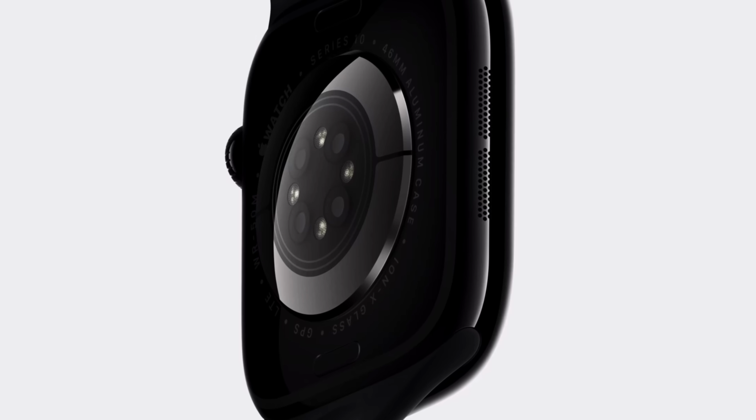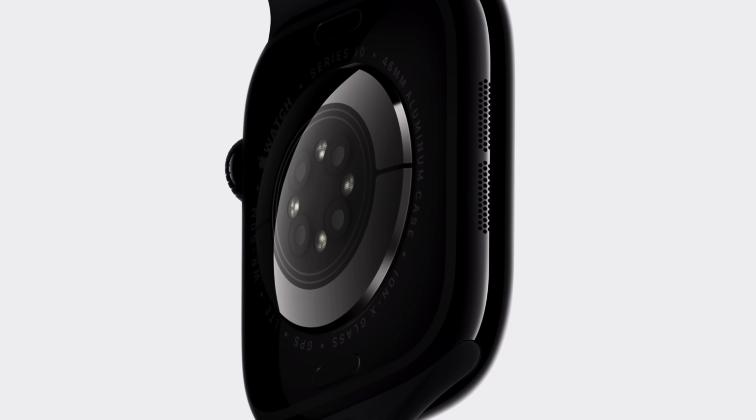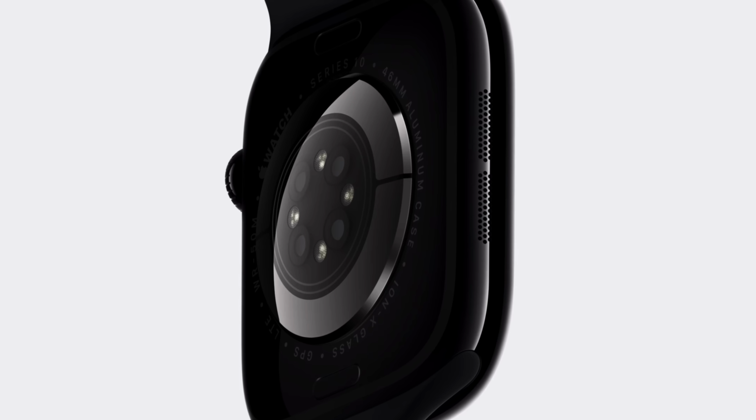And now we are getting a bunch of new colorways, as well as a bunch of new build material. So the first ones will be the traditional aluminum casing, which would come in 3 different colors, which is going to be the shiny kind of piano jet black color that's coming in, a new rose gold, and then the classic silver version. And then we're also going to get a polished titanium version, which replaces the stainless steel version,